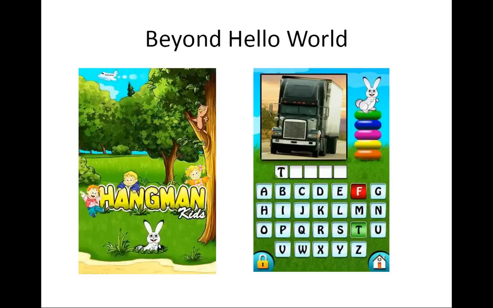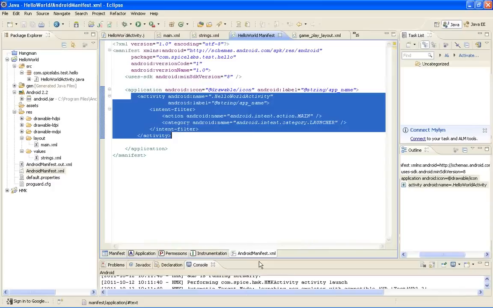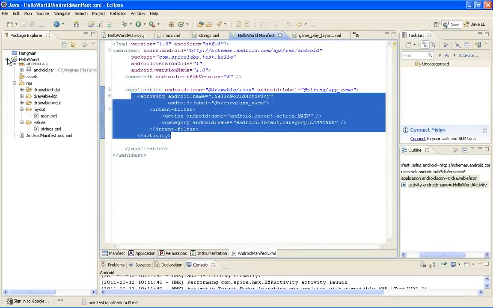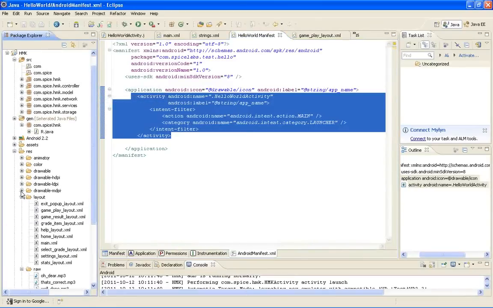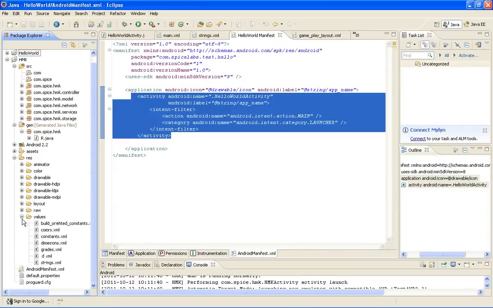There is a part wherein more and more images can be fetched from the network or from the server, so that we don't need to make our application very heavy, and fresh content can be made available to the users. Now this application itself is slightly more complicated, so I'll browse through the code and point out a few things which make it more interesting than the Hello World application.